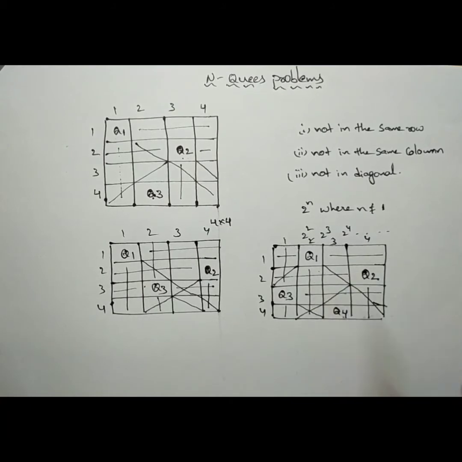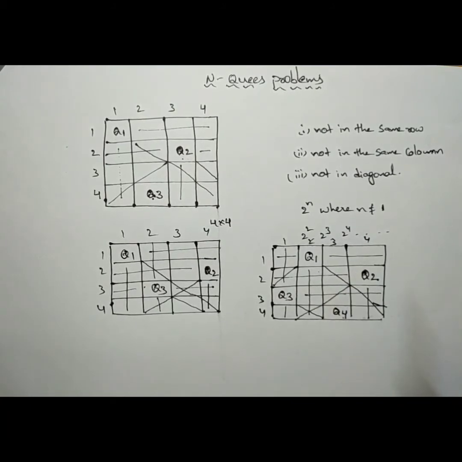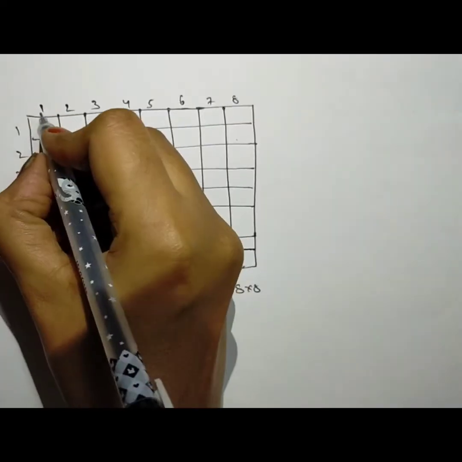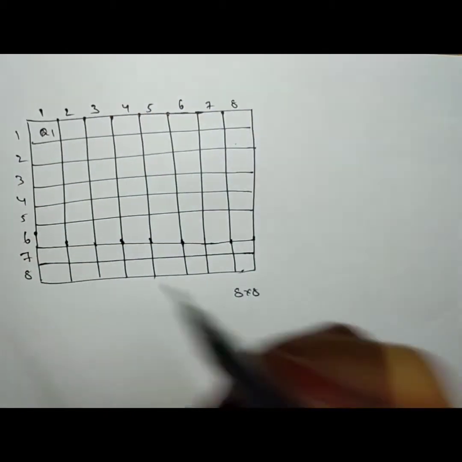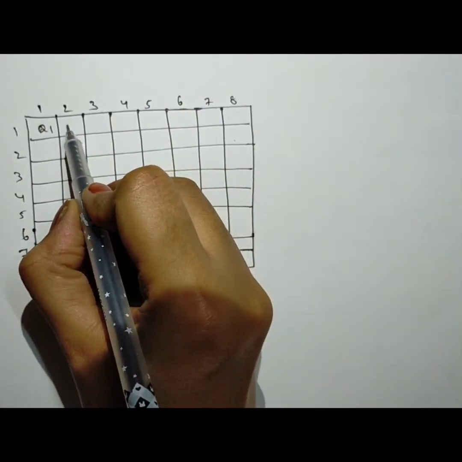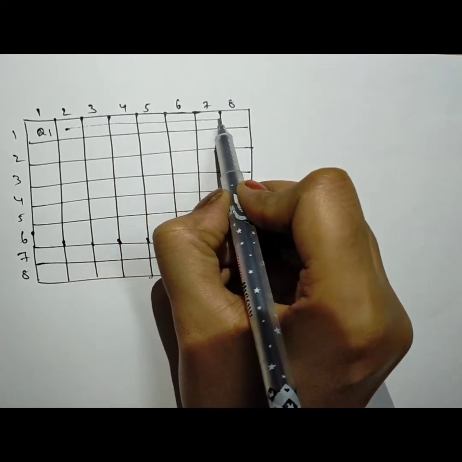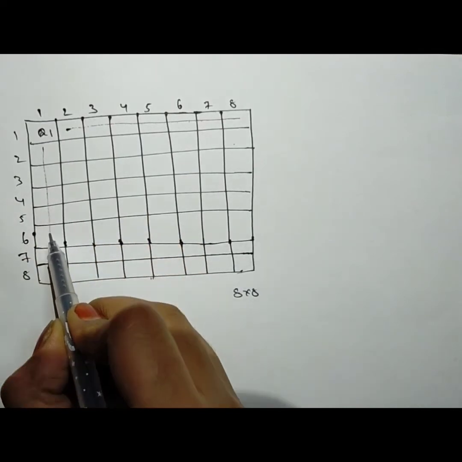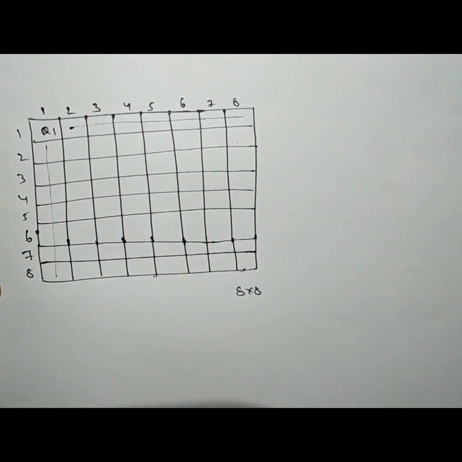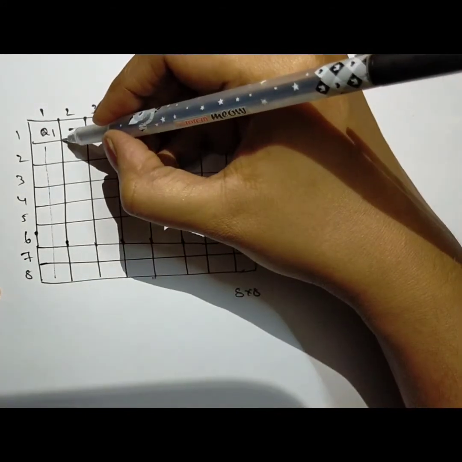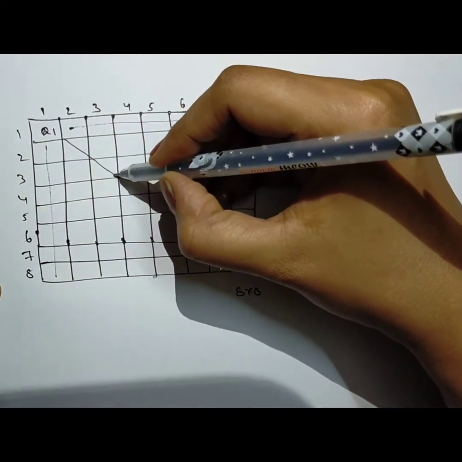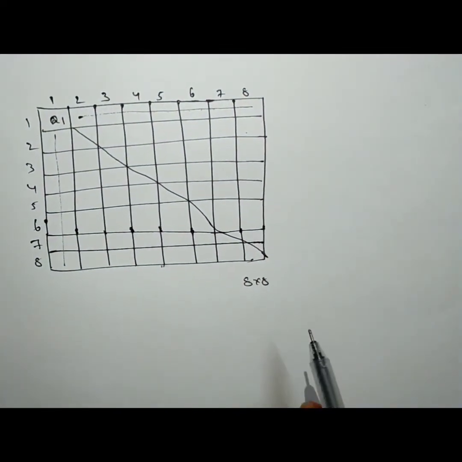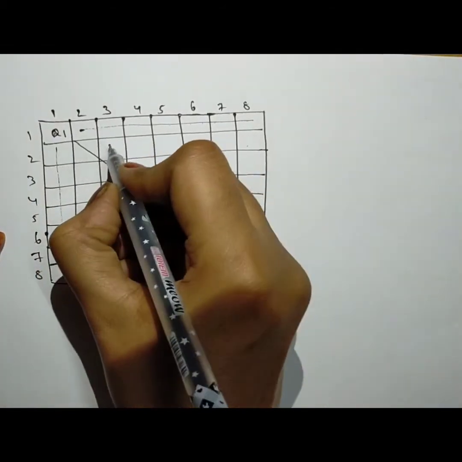Now let us see how an 8x8 queen problem can be solved by using the same 3 simple steps. I am placing Q1 in this position. As we have placed the Q1 in this position, we are not supposed to place Q2 in these cells as it is representing the same row. Here also we cannot place Q2 as it is representing the same column. Here also we are not supposed to place the Q2 as it is representing the diagonal cells. So I am placing Q2 here.